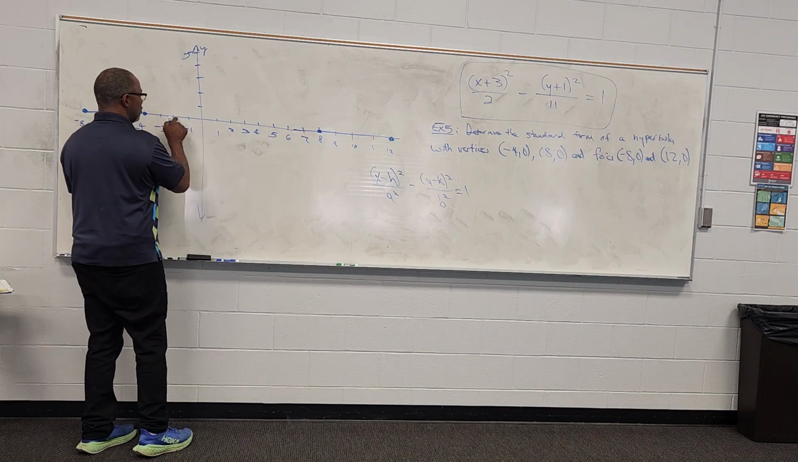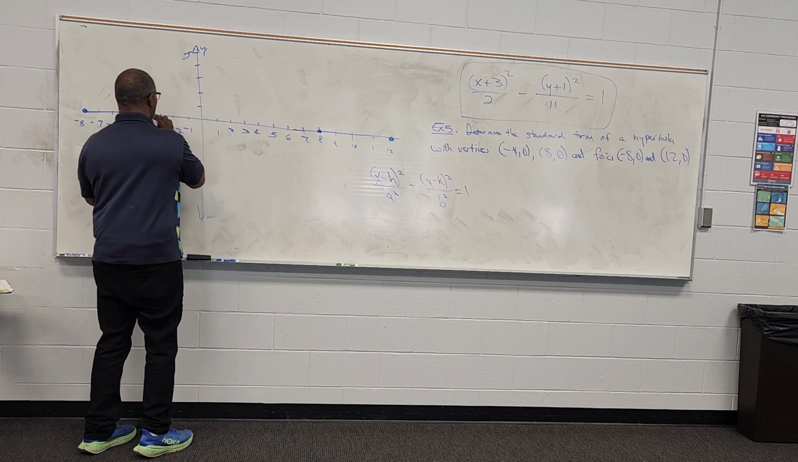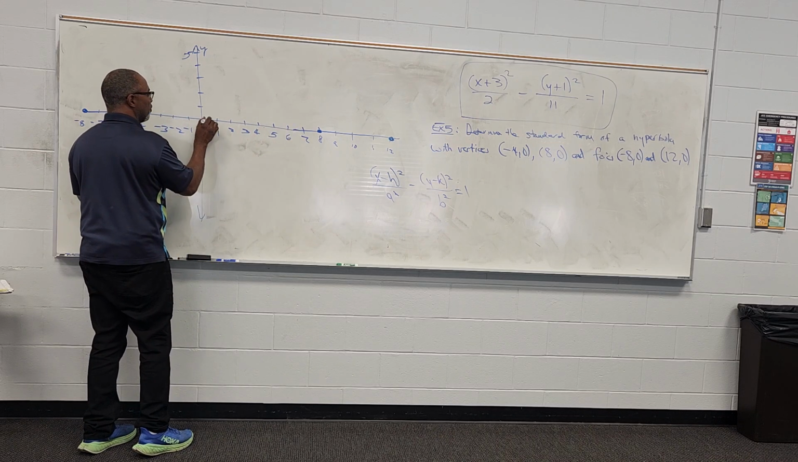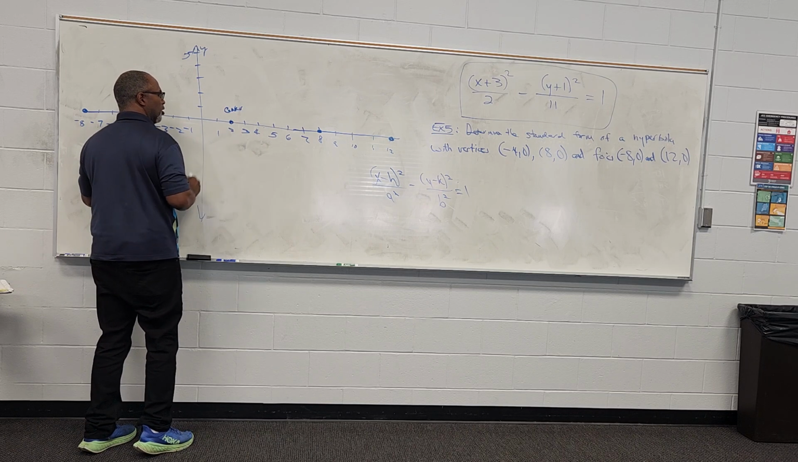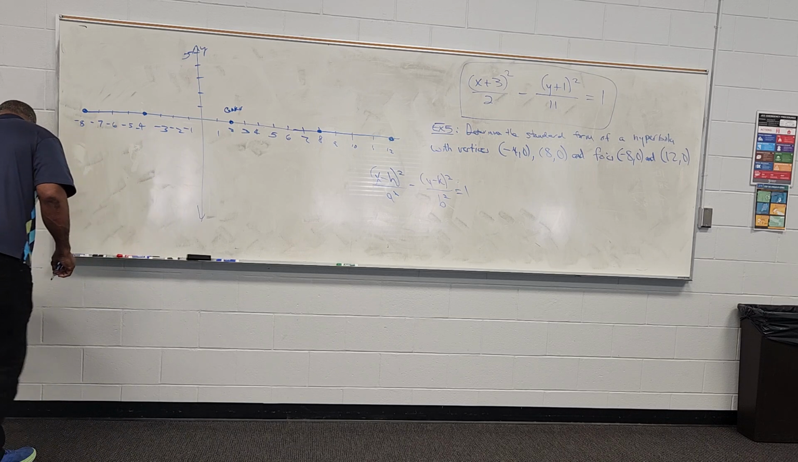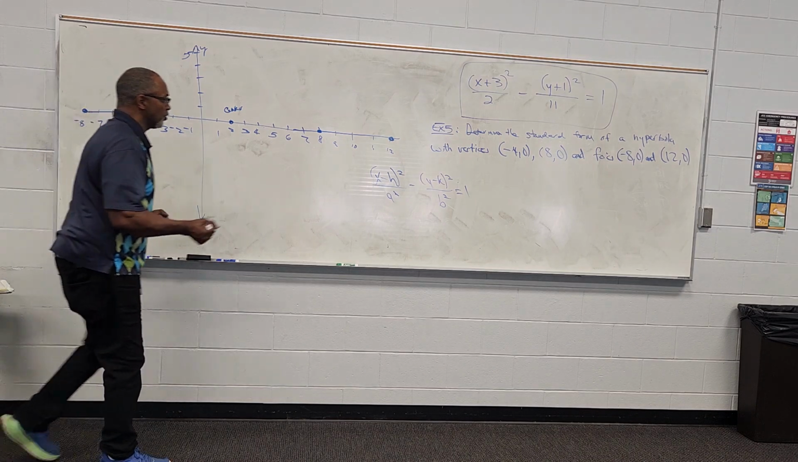So again, 1, 2, 3, 4, 5, 6, 7, 8, 9, 10, 11, 12. So if I count 6 units, 1, 2, 3, 4, 5, 6, that means my center better be right there at (2, 0). Okay? Because the center will always lie at the midpoint between the two vertices. So my center